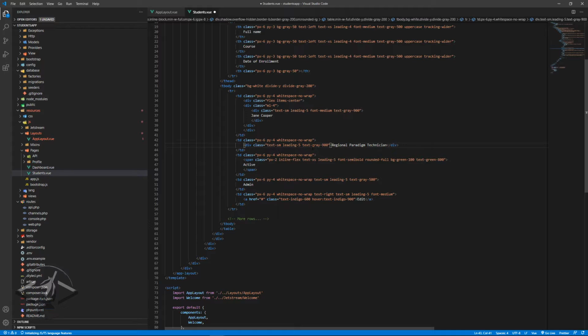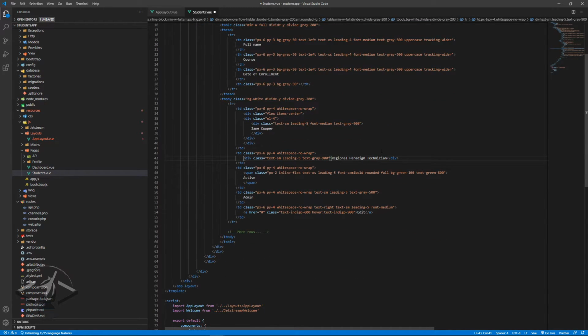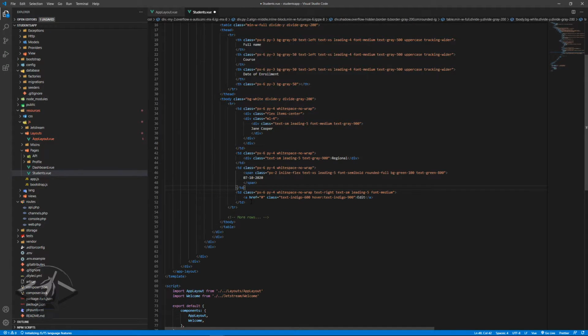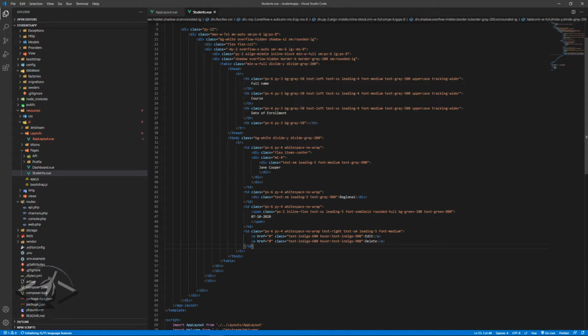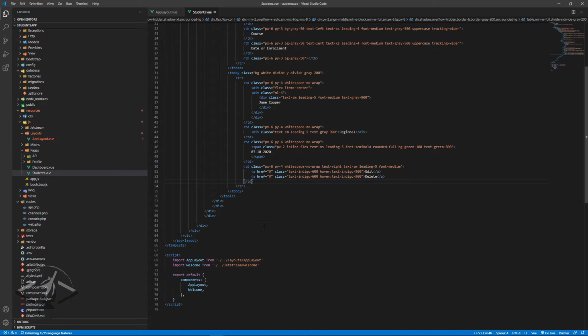The second TD, I'm going to edit it as follows. It's going to have the course name, so let me just leave it as one word so I can see how it looks. And then this will have a date, so I'm just going to do 07/10/2020. And this last TD is not going to appear whatsoever. And then this next one is going to have functions of editing, deleting, and all that. Good. Okay, so what we want to do next is we want to actually create